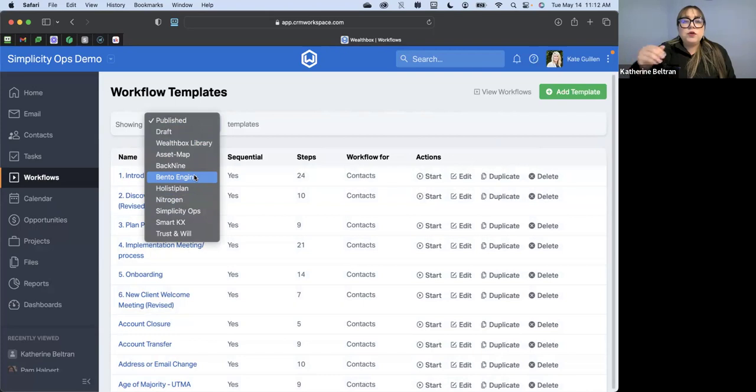You may only have 2, you may have 5, you may have more. Again, this is really just those different libraries that you have. Wealthbox does have some that are available completely free to use. I'm going to say this now, though, when it comes to any template, whether it's coming from Wealthbox, ourselves, again,